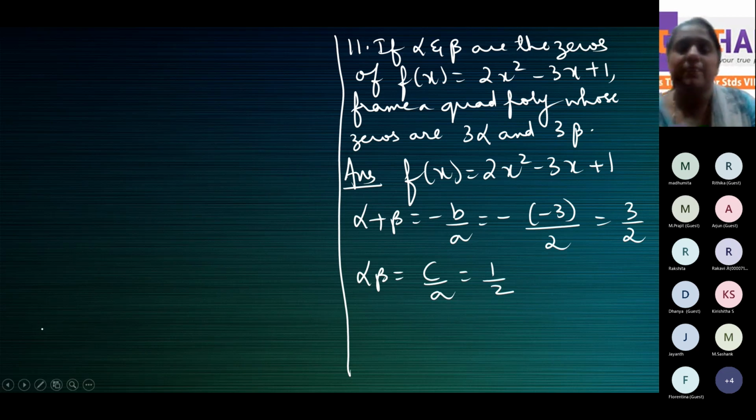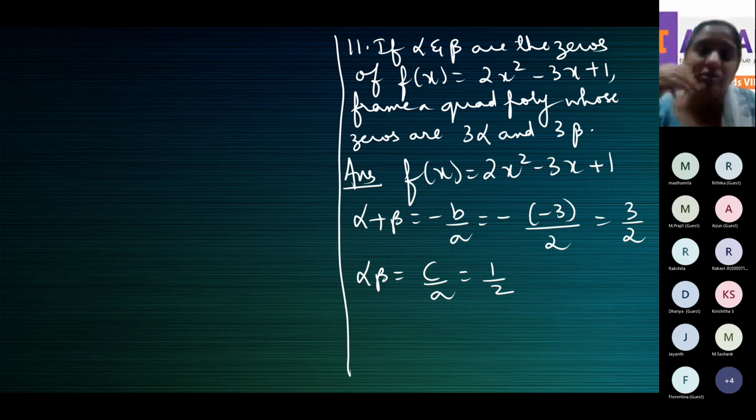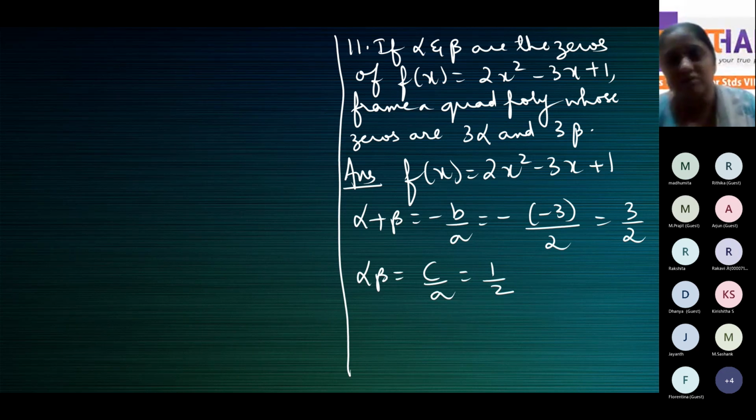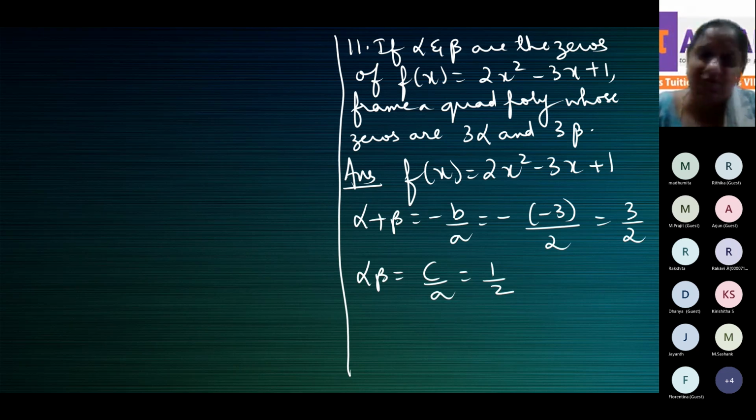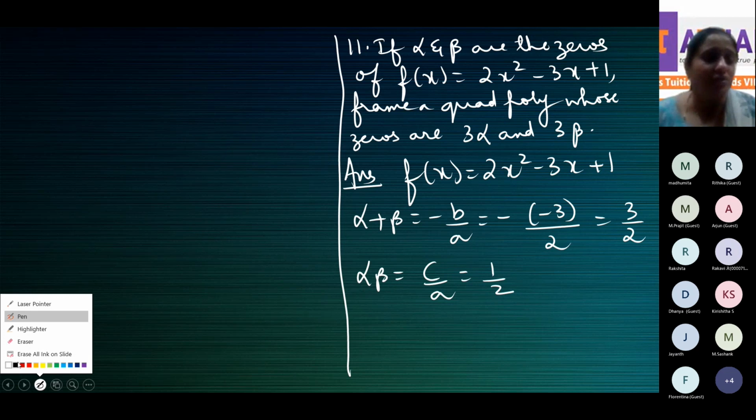So in the 11th one, again, you're given a polynomial. So when you're given a polynomial, immediately you will find the values of alpha plus beta and alpha beta. Now, what are you expected to do? You should frame another quadratic polynomial whose zeros are 3 alpha and 3 beta. For f of x, the zeros are alpha and beta. You should frame a different polynomial whose zeros are 3 alpha and 3 beta. Okay, so you know, this is how we start. All right. Now, the required